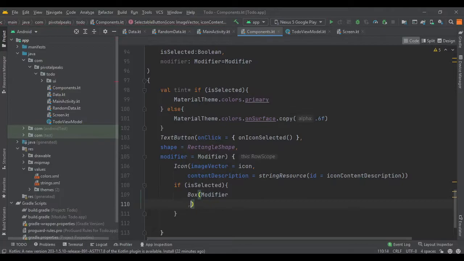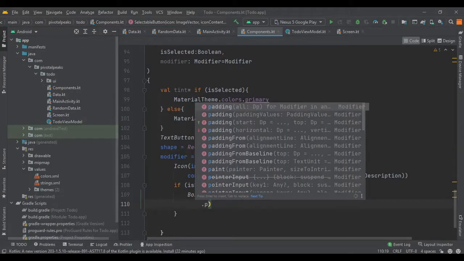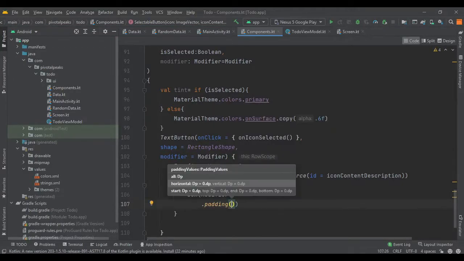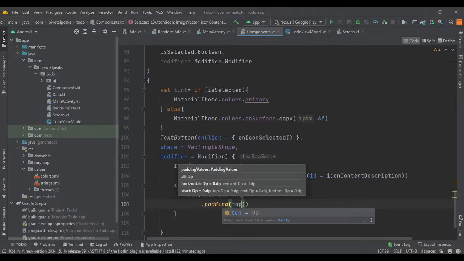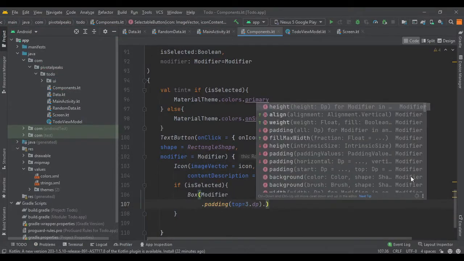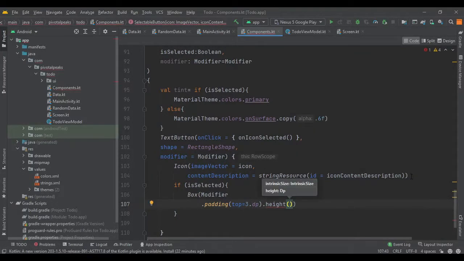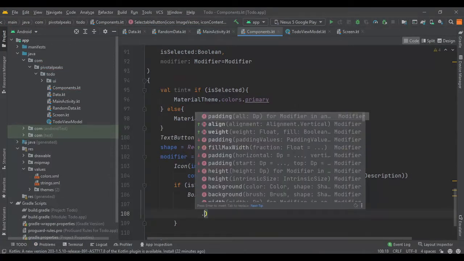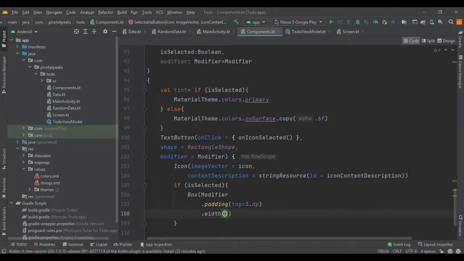So let's give its properties. Padding, let's give a padding of top of 3 dp, and for width we need to give it default width, so we can use the icon default width.